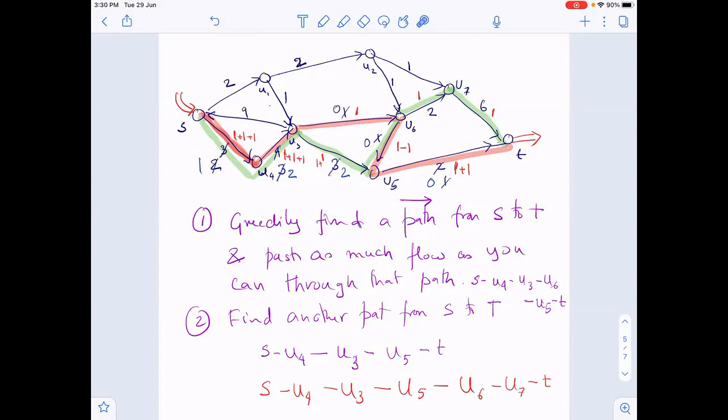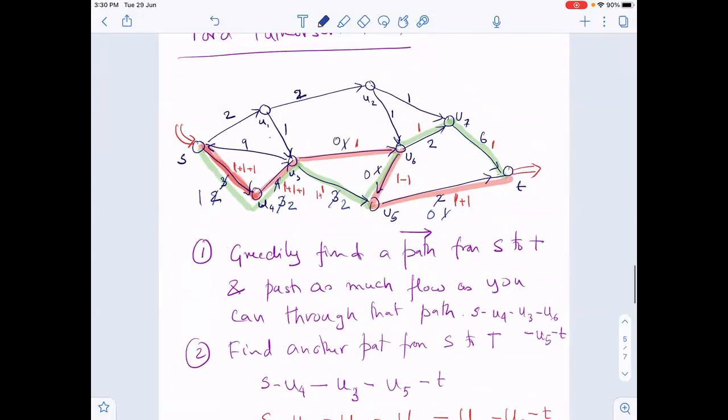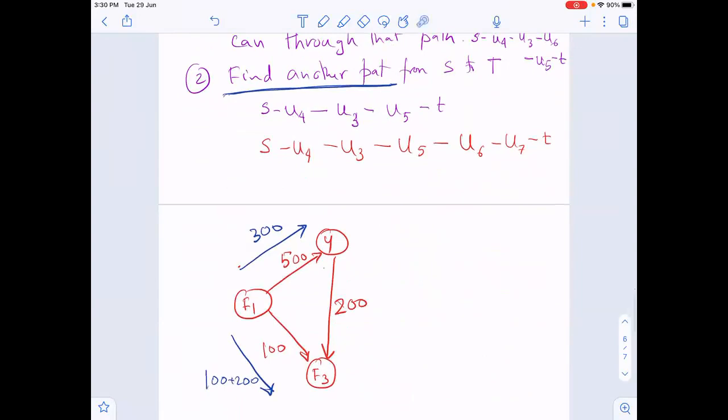So in other words, what is important here is that you don't necessarily find a path. What you find is something different. I can erase this part here. It's all about finding a